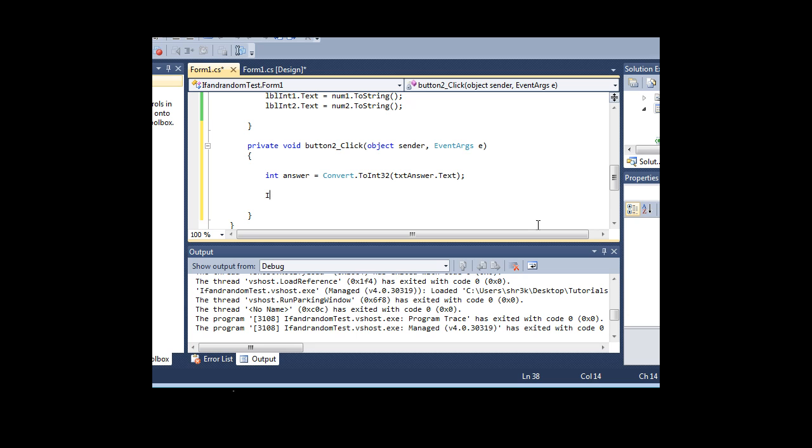So now if we put if, not quite sure why my computer keeps doing that, if num1 plus num2 is equal to answer,